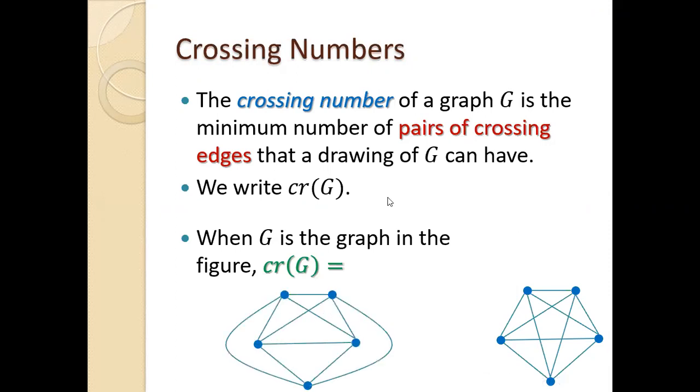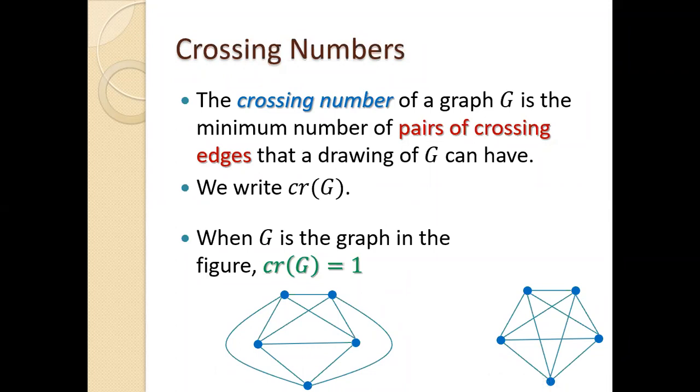Here's my lazy way of drawing it with 1. If you want straight edges, one option is simply take the vertex at the bottom and put it very high up. It'll also work. And it's actually known, you can prove, it's not so hard to prove, that there's no way to draw this with 0 crossings. So the crossing number of this graph is 1. Okay, good. That's all we needed.